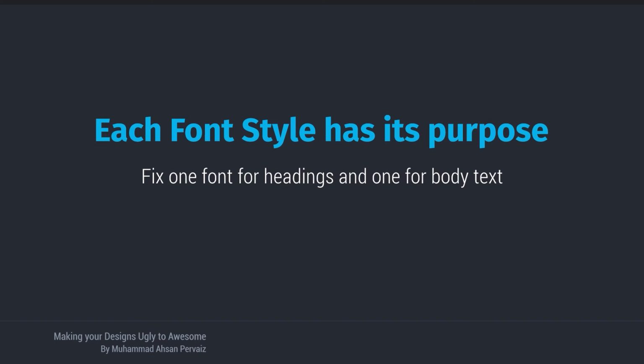One major thing is that each font style has its own purpose. If you are using one typeface for headings, you are going to use that same size and same font for all the headings in your design. If you are using one font for body text, the running text, the small text, you are going to use the same typeface for all the body text all over your design. This is a very major tip. Try to fix your fonts and give them purpose: this is for headings, this is for body text, this is for